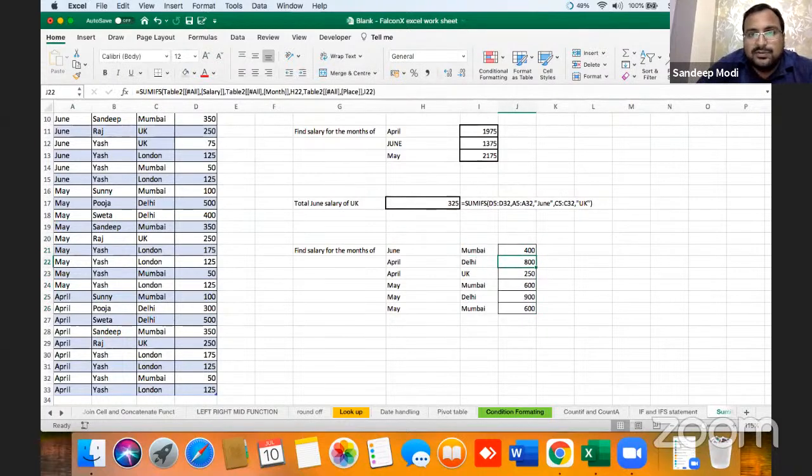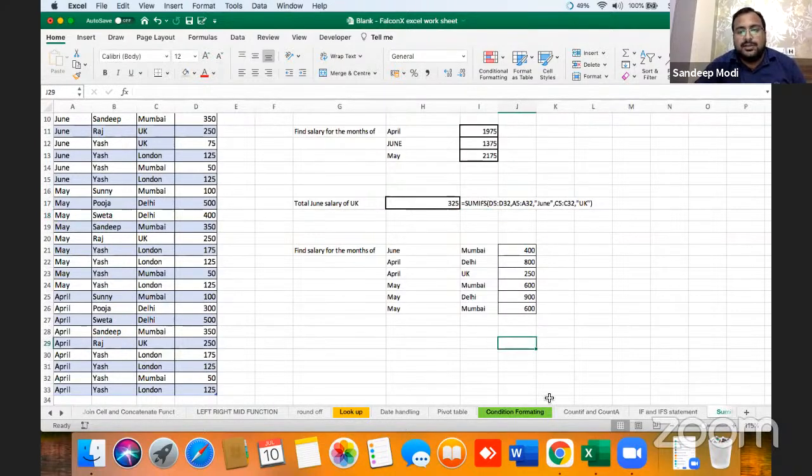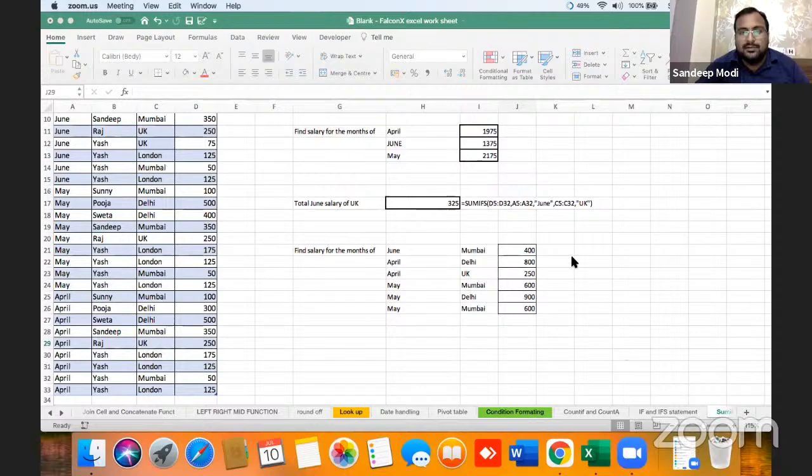Anyone, any doubts? There was a query, I guess. Okay, this is how you can use SUMIF statement. VLOOKUP will match the first column, and for the second column we need to use XLOOKUP.